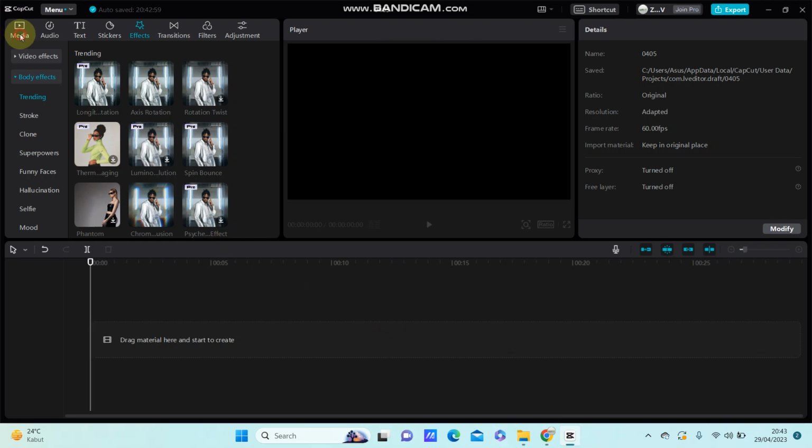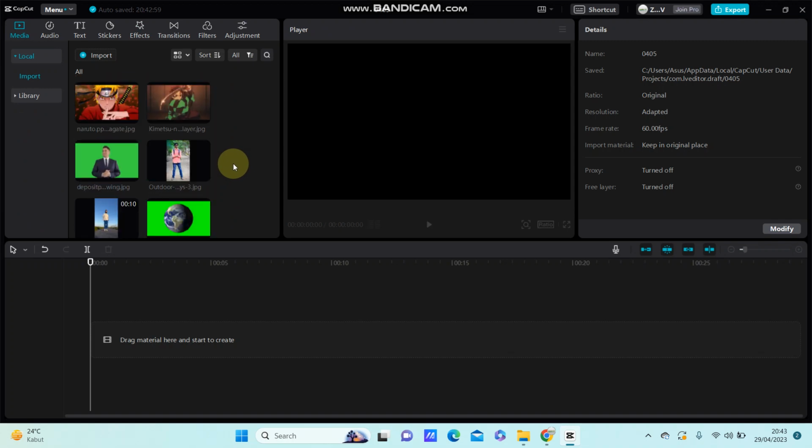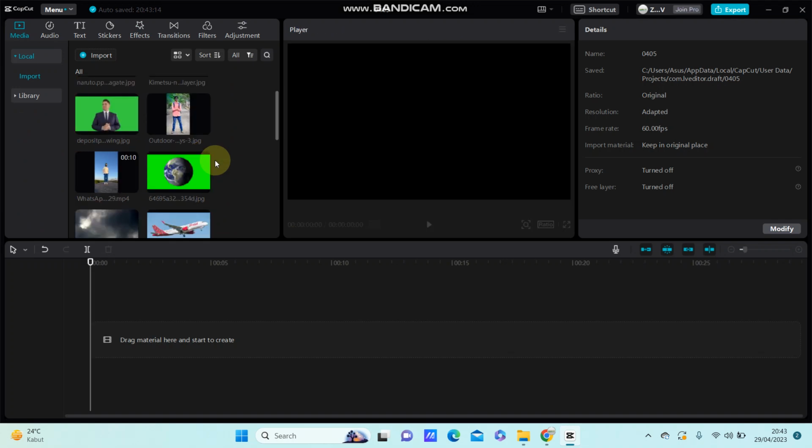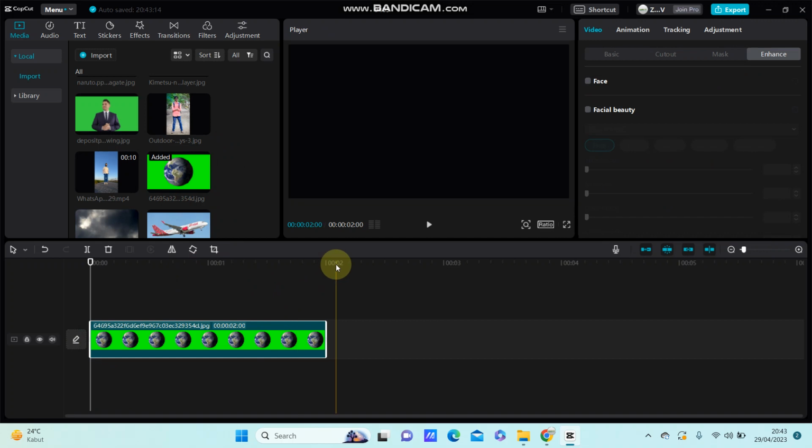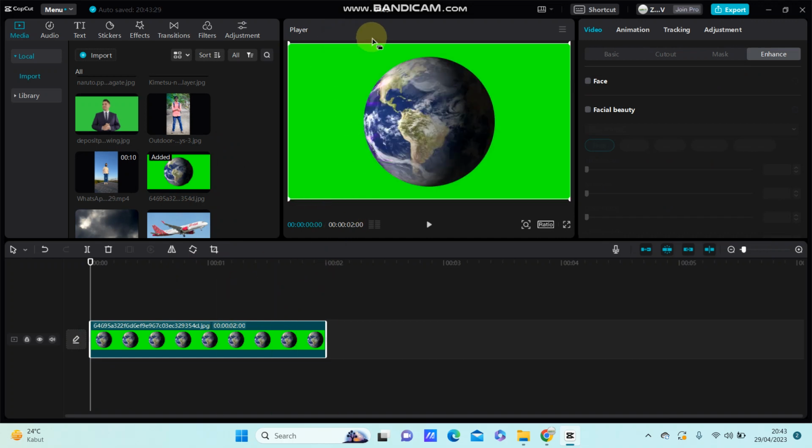So import your green screen video or green screen photo to CapCut. And for example, I'm going to select this green screen image, and you can remove the green color. Just click cut out, and you can select chroma key and select color picker. Select the green color and adjust for the strength,